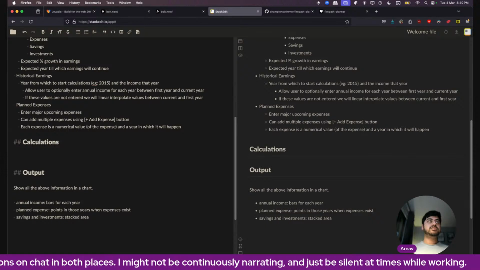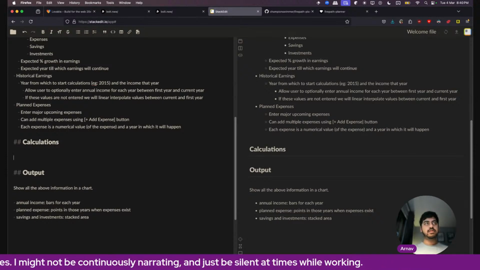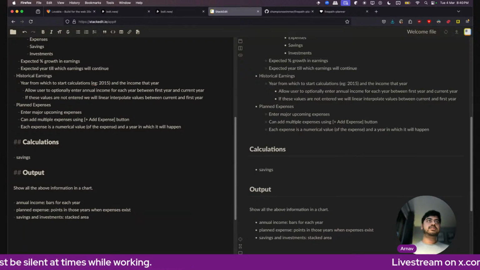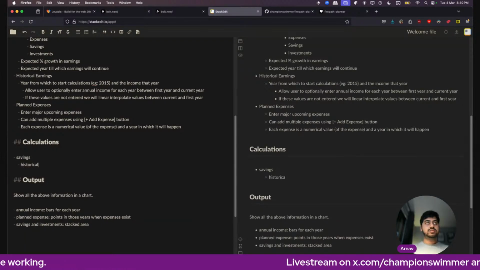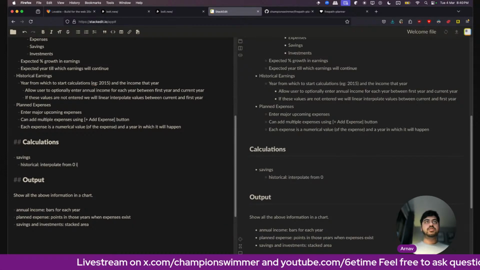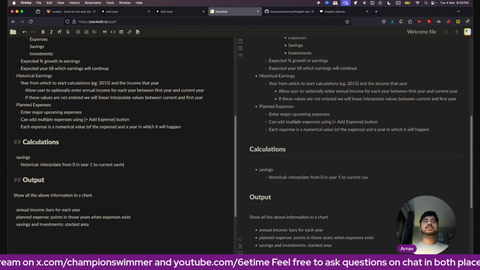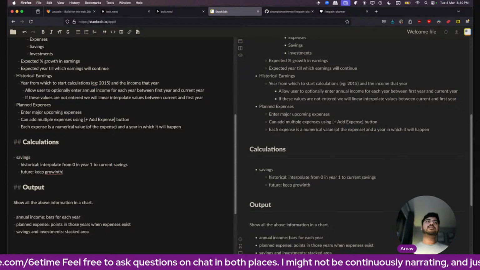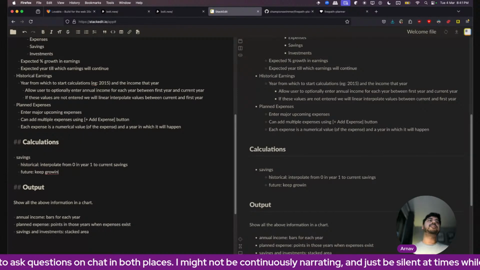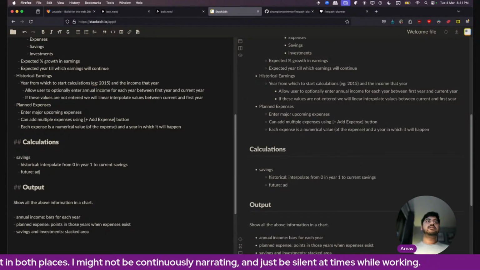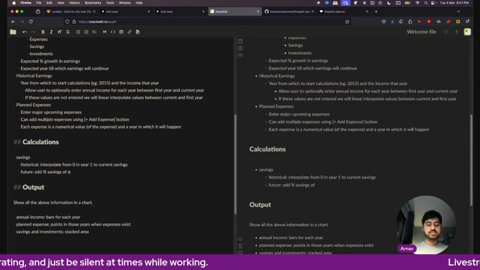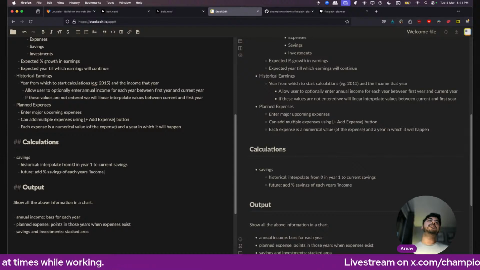Let's think of calculations. So here's savings. Interpolate from 0 in year 1 to current savings. Keep growing, and add percentage savings of each year's income.